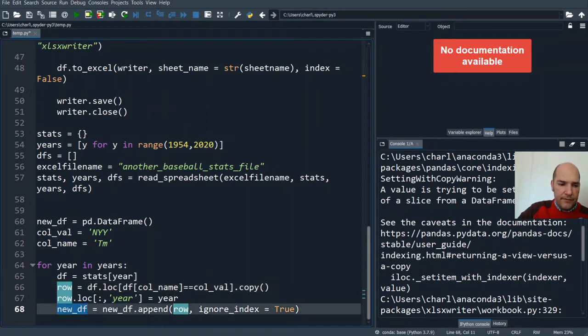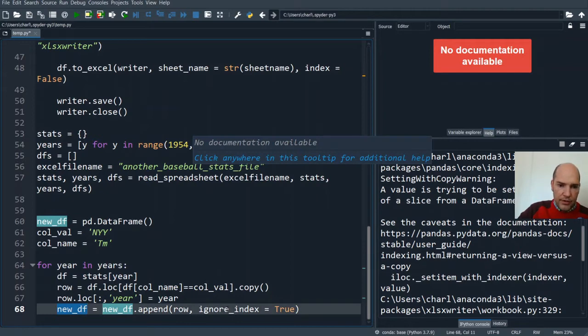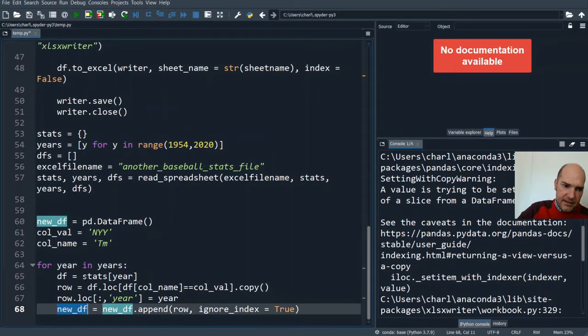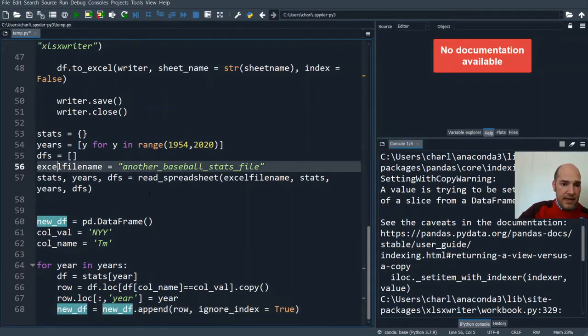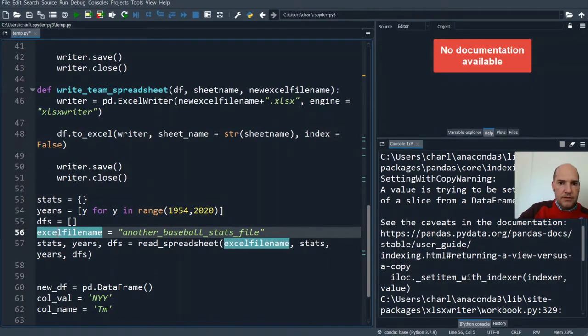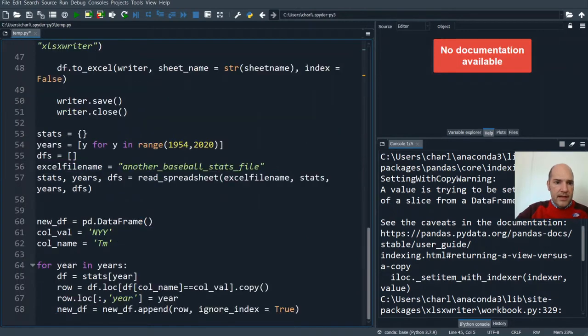Finally, it creates a new data frame that it appends that row to, and it also does an ignoring of the index there. That's just because all of these are indexed differently from each of the 66 spreadsheets. Okay, which means that at the very end of all that, we want to call this line. So I'll copy that,